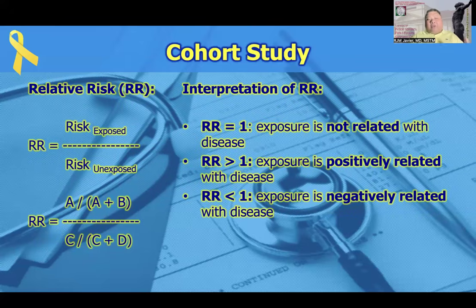And from the 2 by 2 table, this is how you generate your relative risk or your risk ratio. And again, the value of null is 1. If your relative risk or your risk ratio is greater than 1, then this is positively associated with the disease. On the other hand, if your relative risk or your risk ratio